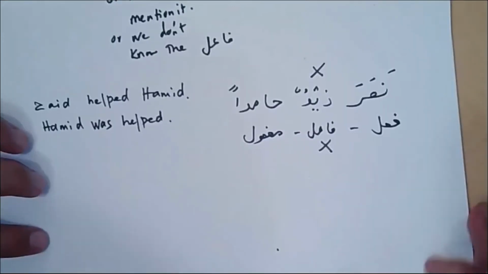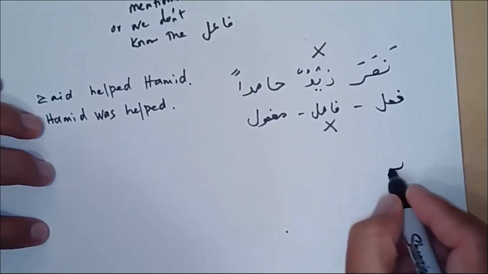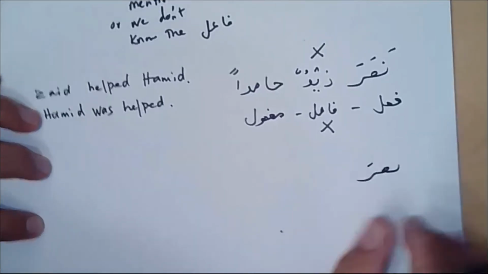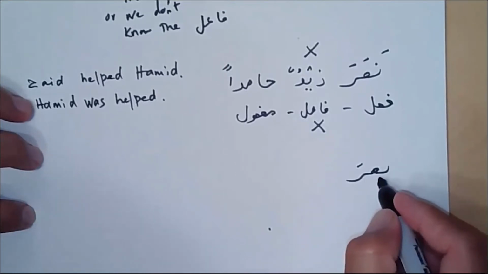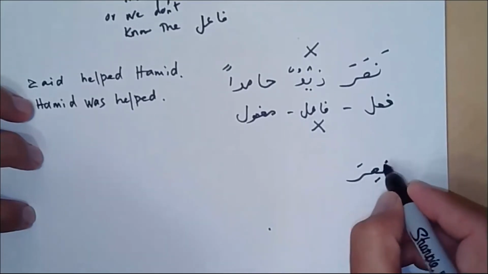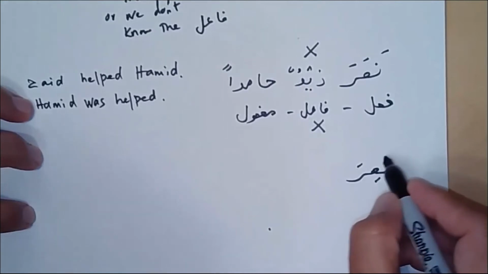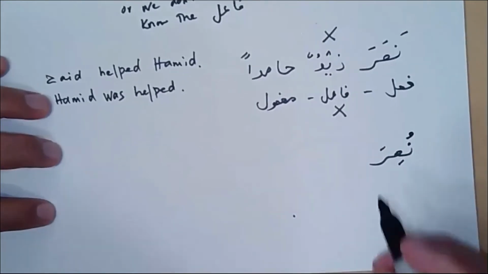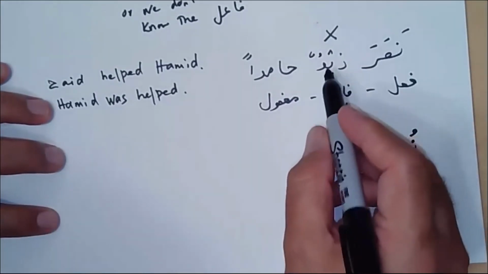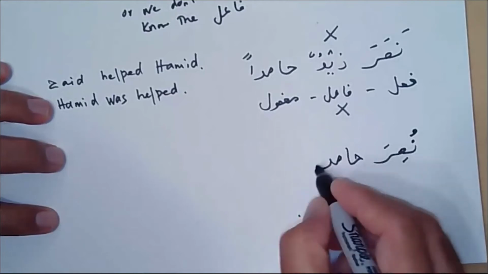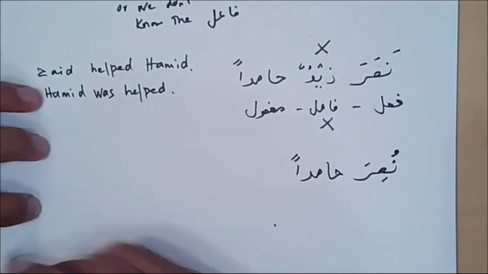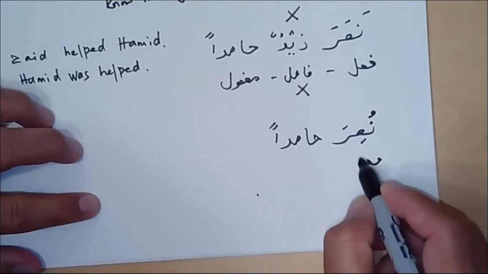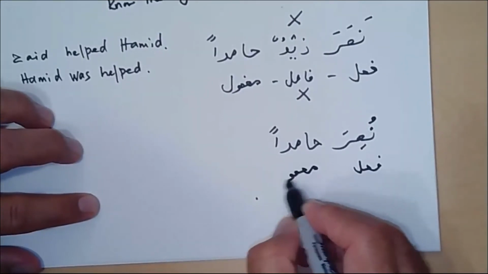So it will become, what was the rule last time? The last one, we don't change. The one before it, we put a kasra. Anything left with the haraka, it was fatha, we change into dhamma. Okay. Then if we don't mention Zaid, it will be Hamid. Done. Now, but again, if we look at it, this is still the fa'il, and this is maf'ul.